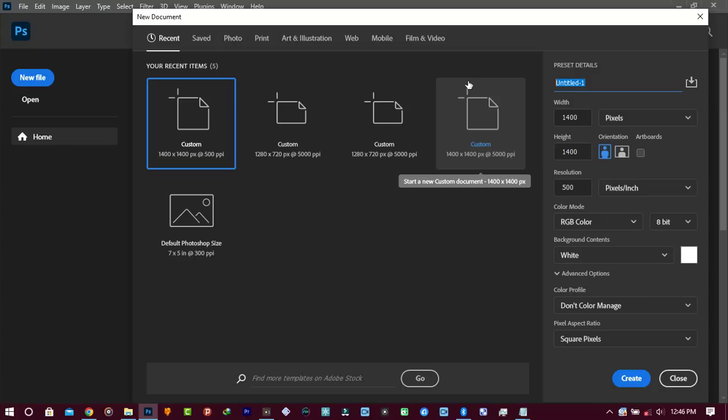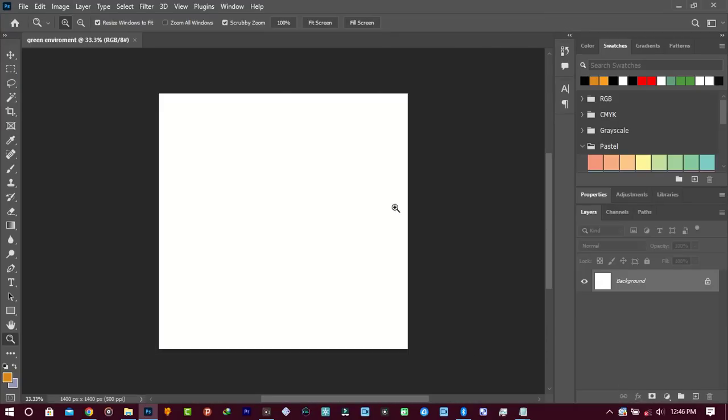So we're going to be naming it, let's just name it Green Environments. Okay. Now you can leave your settings like this and hit the create button. All right, so here we are